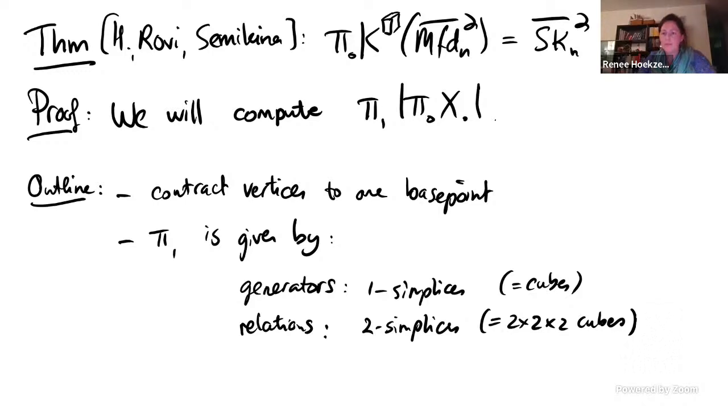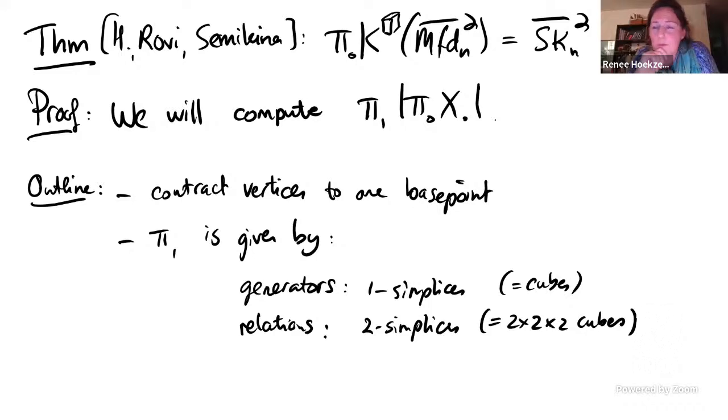Okay, so the theorem is that this pi naught of k cubes is SK bar boundary. So what we're actually going to compute is pi1 of the realization of pi naught of x, this diagonal x. Okay. So here I hope there's going to be some nice pictures that will, or at least pick some people up. So what's our method for this proof?